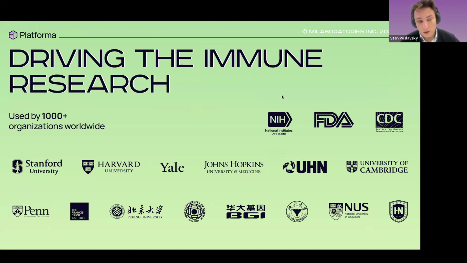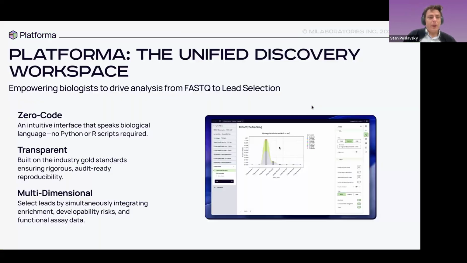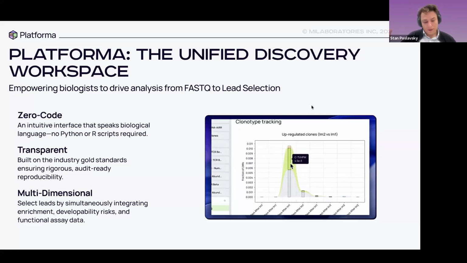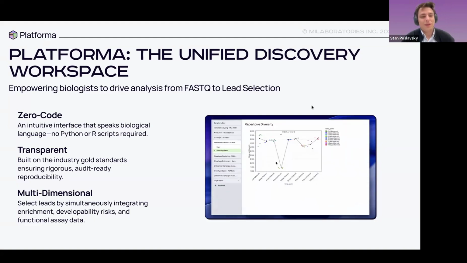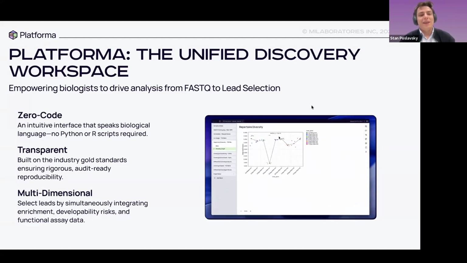More than 1,000 organizations use MiXCR and our other tool, Platforma, on a daily basis, including government agencies, research institutions, and universities, and we work with them on initiatives with the FDA, CDC, or National Health. With this introduction to give us some credibility for doing a webinar about antibody discovery,